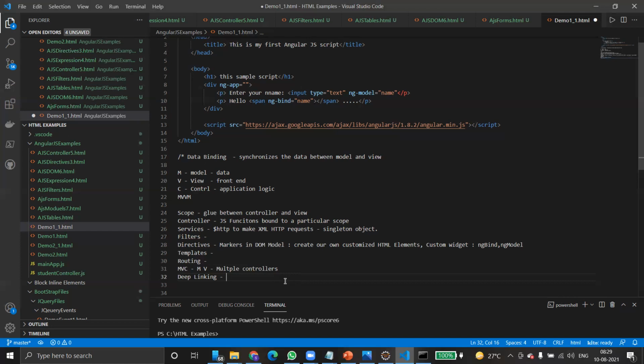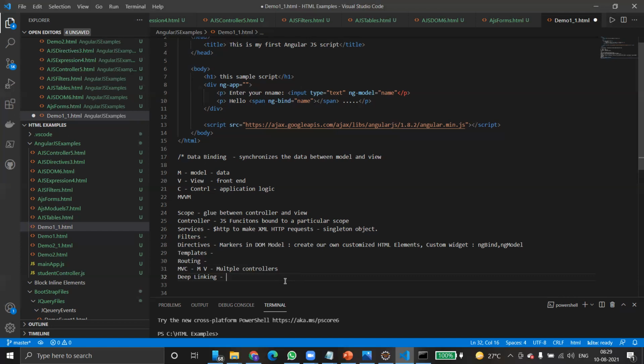One more disadvantage is that it heavily depends on JavaScript. If the browser does not support JavaScript, not even a page, not even an image can be displayed on your web page. Whatever code you are writing should have support from JavaScript, and all the browsers should have strong support for JavaScript.